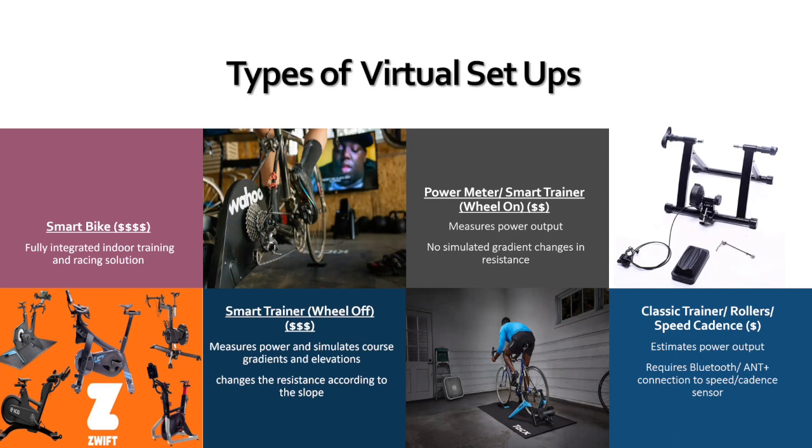It's not $1 though, but it is one of the cheapest setups in order to get on to Zwift, which is a classic trainer, or some people will refer to it as a dumb trainer. I prefer classic. That seems a bit nicer. Dumb seems a little rude, but a classic trainer with rollers also being an option. And in those instances and cases, what you're able to do is utilize the speed and cadence sensor that you have on your bicycle that you're using with your current bike computer right now.